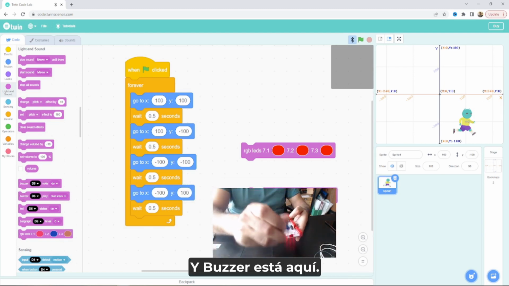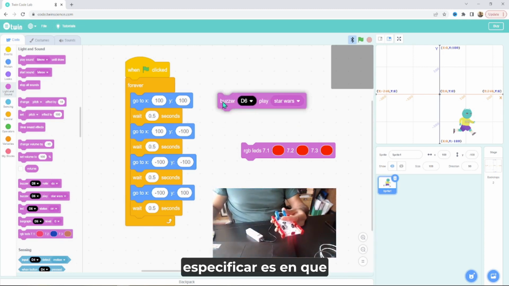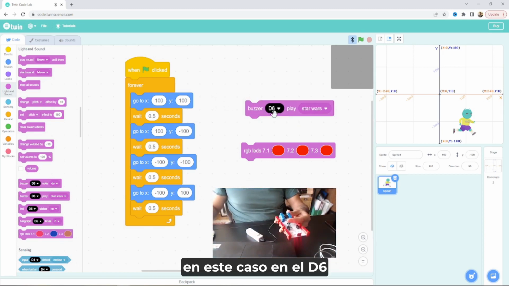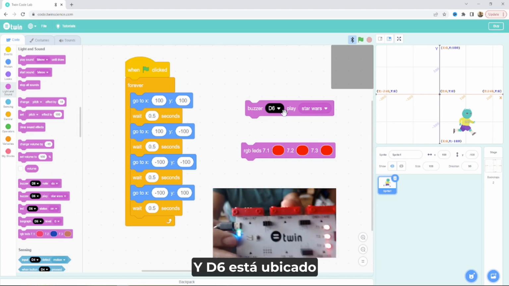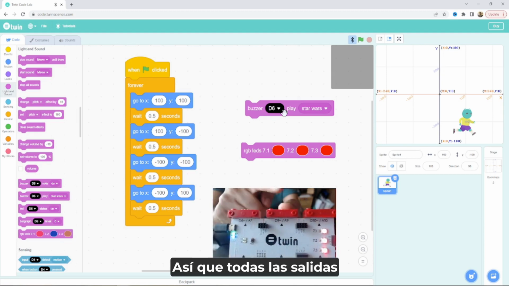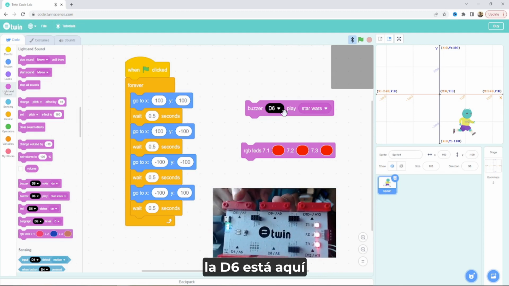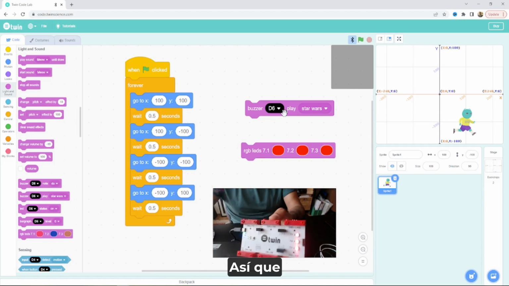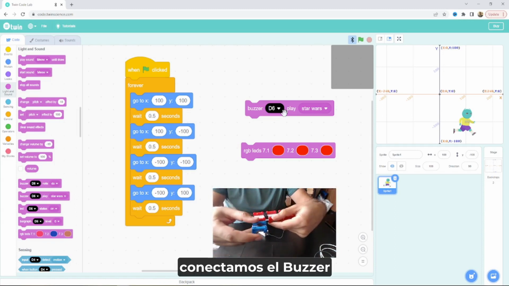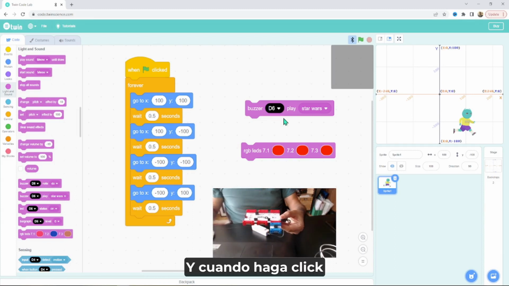And the buzzer is here in the coding module. And the buzzer block says, connect the buzzer to D6. And D6 is shown in here, the outputs of the coding module. And as you can see, D6 is here, D8 is here, and D10 is here. So when I connect this to D6, oh, it is connected. And when I click on this block,